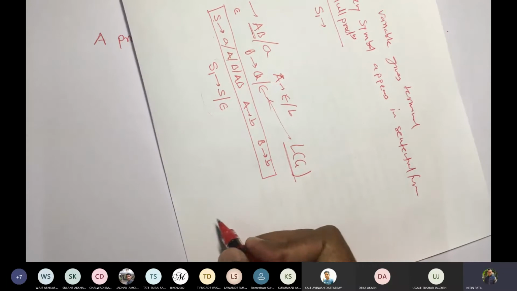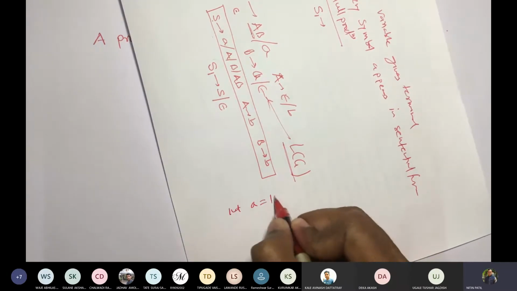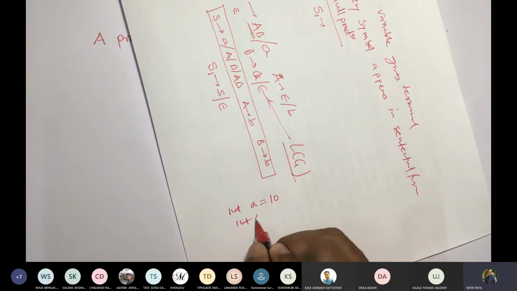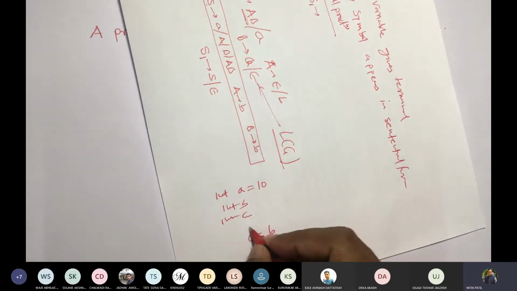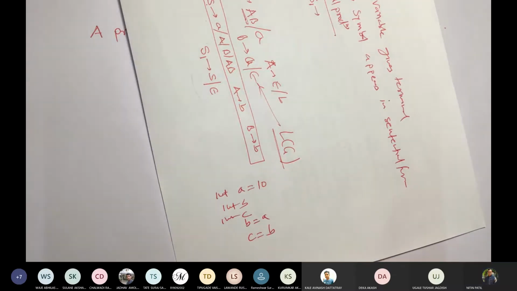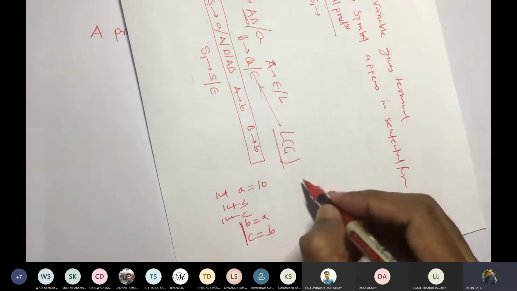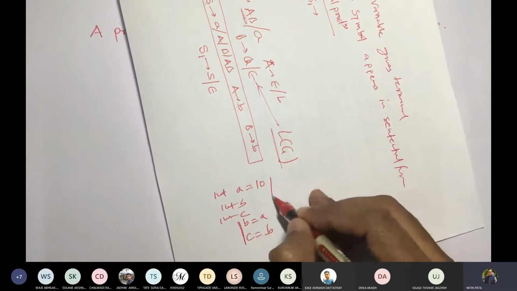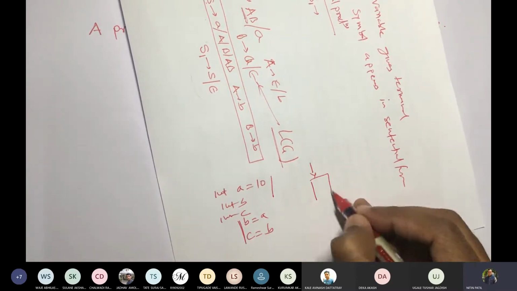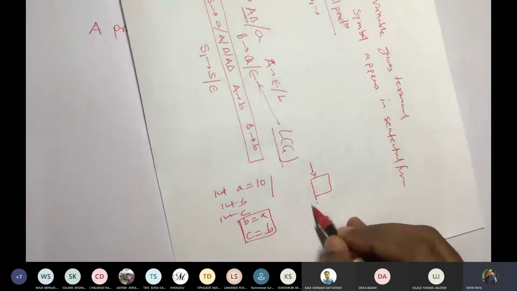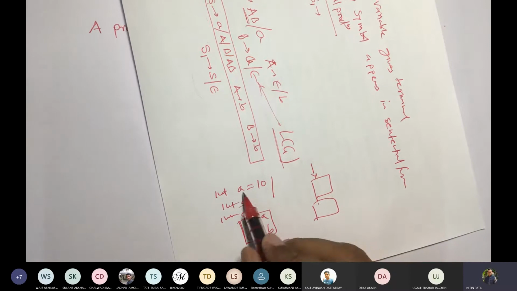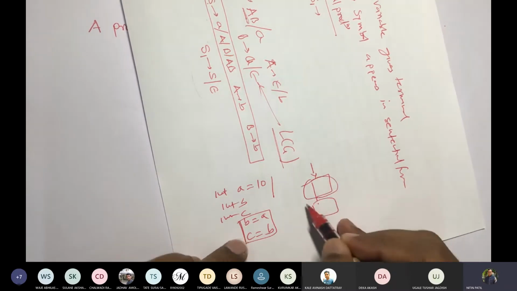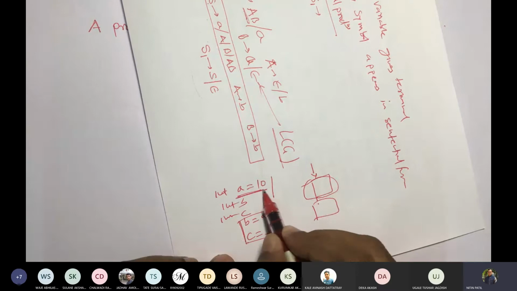You will identify that in a programming sense like this. For example, you are writing code, you are saying integer A equal to 10, then integer B, integer C, and you are writing C equal to B, and somewhere you have written B equal to A. Suppose after the declaration of these variables, there are some lines in between, and then you have these two statements written. Let us assume that within this part of the code, A doesn't get manipulated.